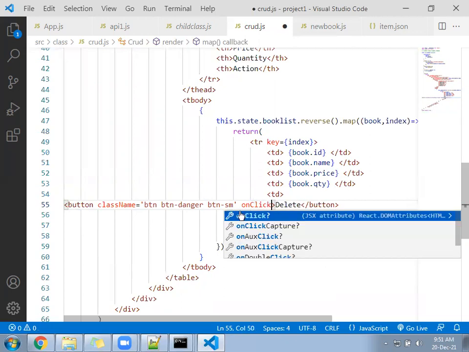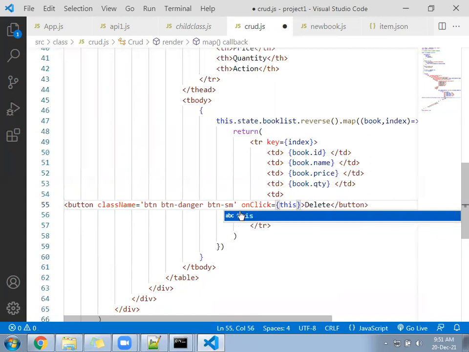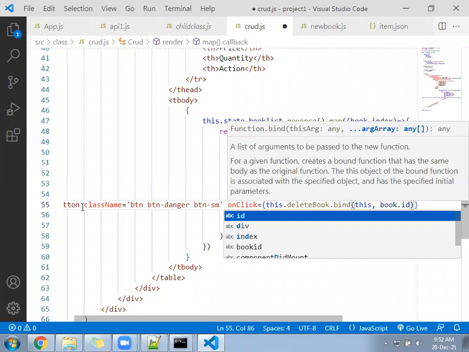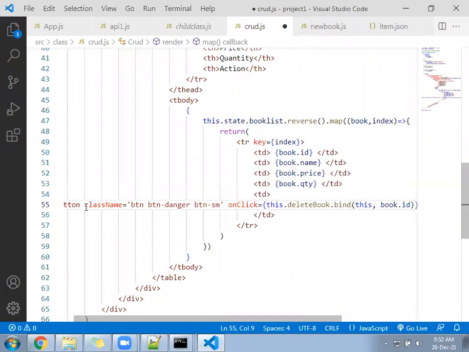On click equal to this dot delete book, and inside that you have to use a function called bind, and inside the bind two parameters are required. First parameter is this, and second parameter is your own parameter. So book.id we pass as the second parameter.